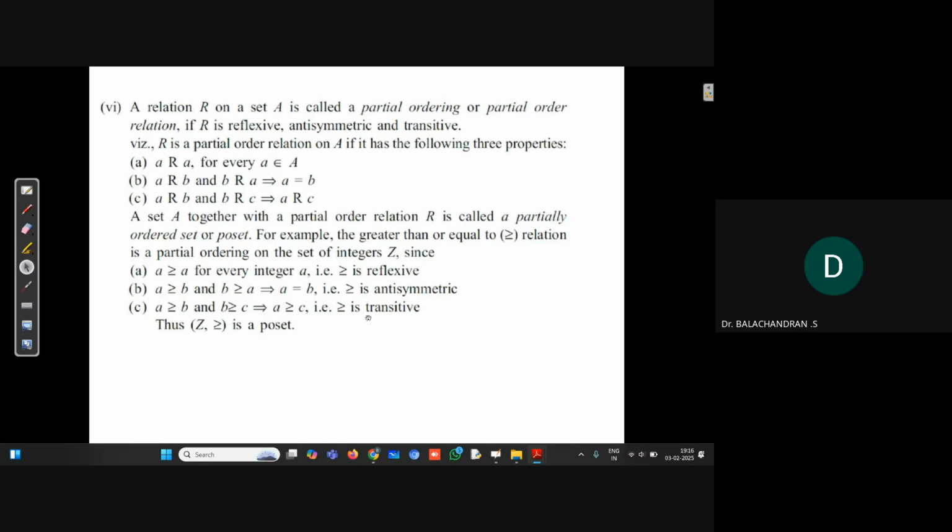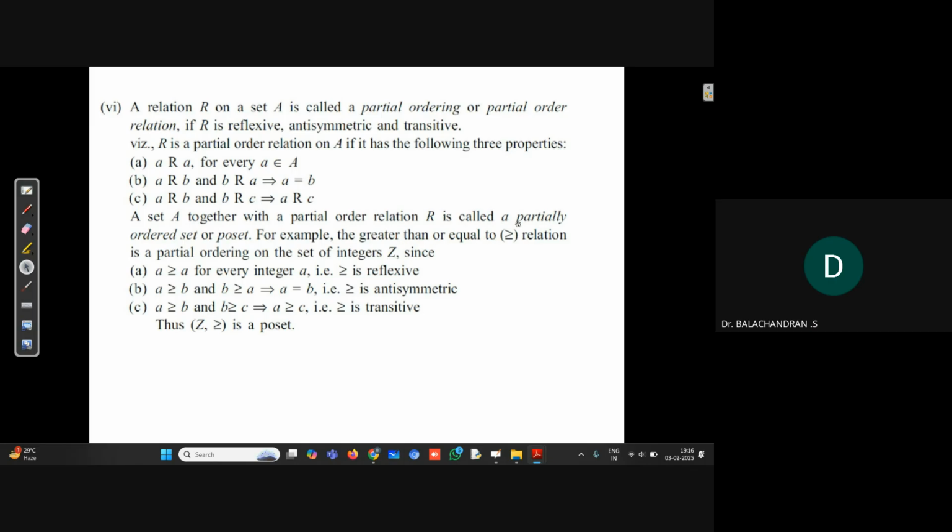Hence greater than or equal to is transitive. So the set of all integers with respect to greater than or equal to is a partially ordered set,